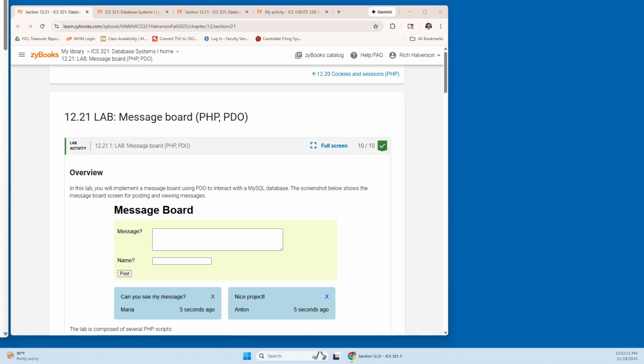Okay, let's do lab 12.21, the PHP PDO message board lab. Now, for those of you coming from ICS 321, you want to make sure that you review